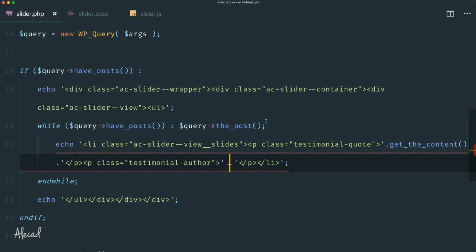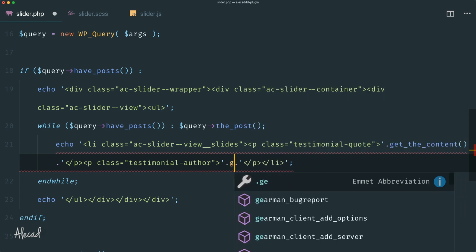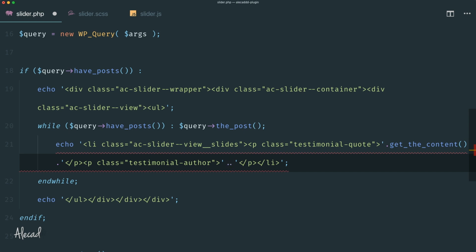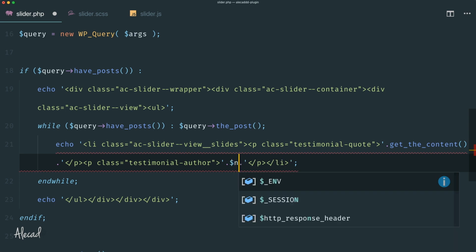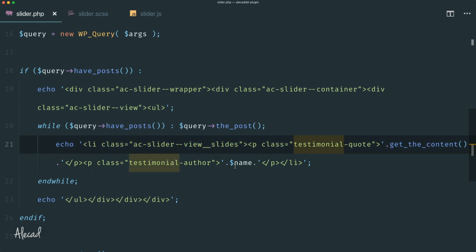Here we have the author, and we want to print the author, but the author is not get_the_title, because get_the_title is just a custom title that we generate. We have the author name in a meta key that we saved per post. So now we need to tap that meta key. And just as a placeholder, to avoid my PHP fixer shouting at me, I'm going to set a variable